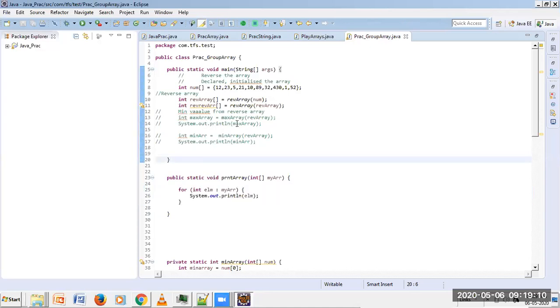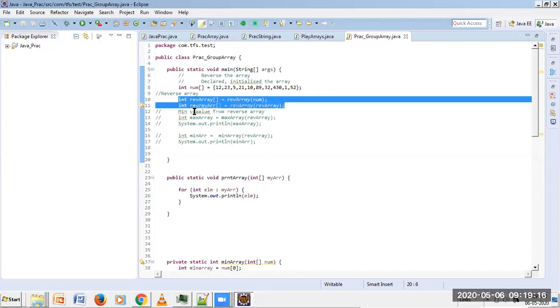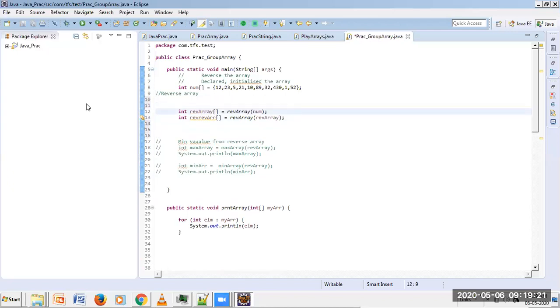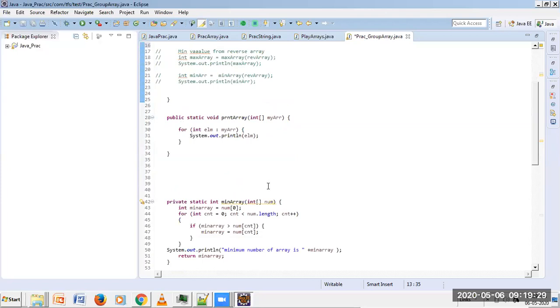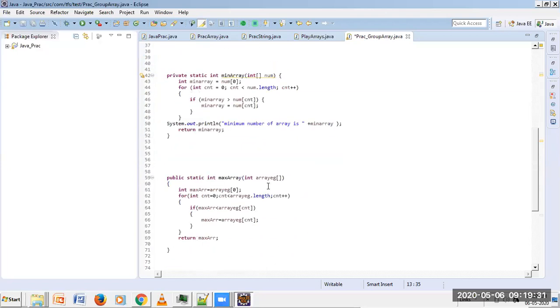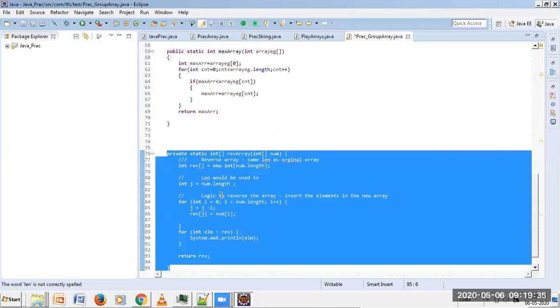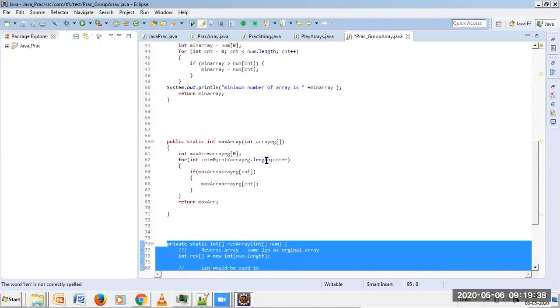Okay, so let's go step by step. Here I'll be printing both the arrays. If it is not visible enough, let me print both the arrays over here. Both times I'm calling this method called reverse of array, and the purpose of this method, as you know, was to reverse the array.